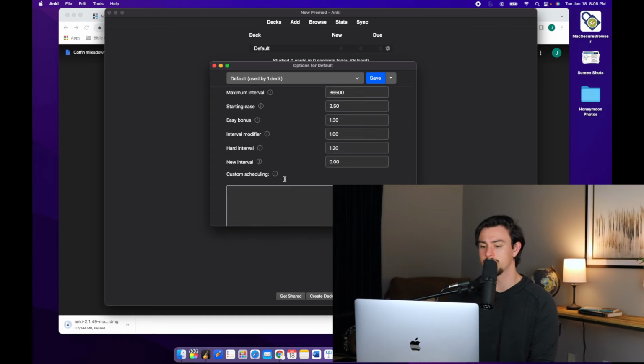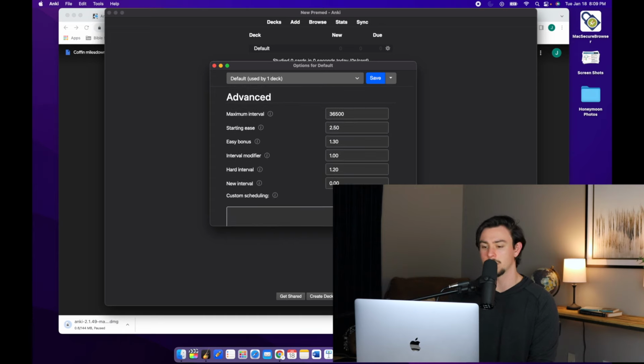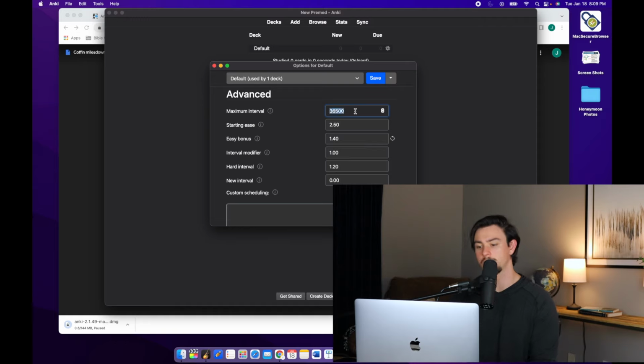As far as the advanced things go, this is talking about your intervals. For an easy bonus, I go 1.4, 140%. Interval modifier is good at 1. Maximal interval, or the hard interval, 120%. That's good with me. Maximal interval, I like to keep around 200 days, especially if you're studying